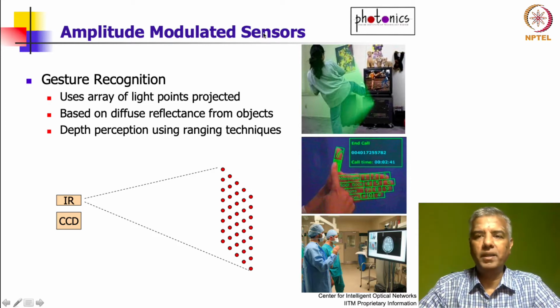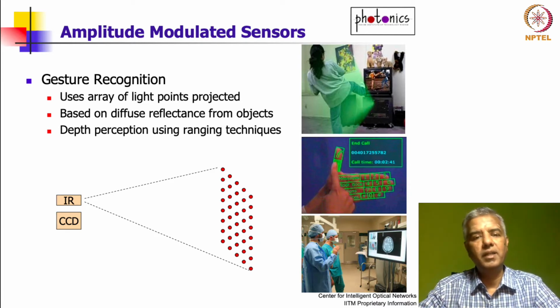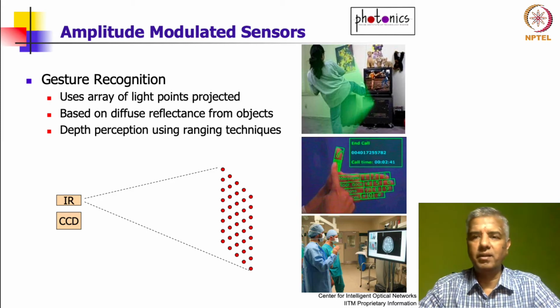What exactly is happening here? You have somewhere over this console an infrared source. So an infrared source is something that we cannot see with our bare eyes. Our eyes are able to see only the visible radiation, that's from 400 to 700 nanometers. But if you go to the near infrared radiation, something in the order of 900 or 1300 nanometers, you won't be able to see that. So imagine there is a source of light like this, and it's able to project a pattern of dots, okay,